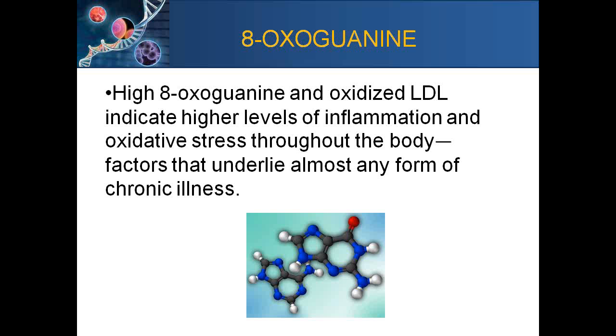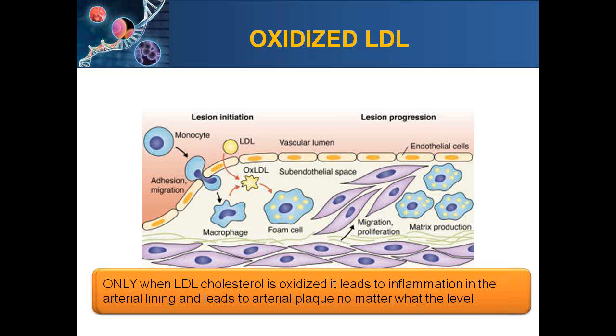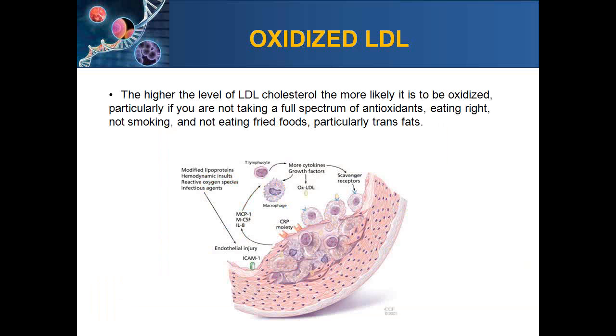This takes us to our next biomarker, which is oxidized LDL cholesterol. And it's important to differentiate because native non-oxidized LDL cholesterol does not cause atherosclerosis, heart disease, or stroke. LDL is only bad or only causes disease when it's damaged or oxidized. Only when LDL cholesterol is oxidized does it lead to inflammation in the arterial lining and lead to arterial plaque, no matter what the level. The higher the level of LDL cholesterol, the more likely it is to be oxidized,